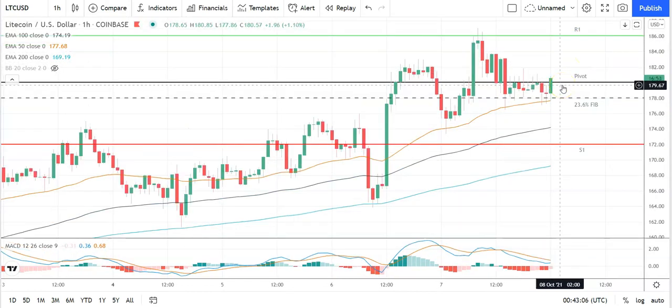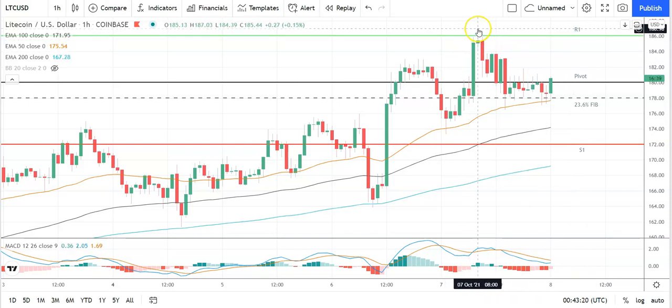Looking at Litecoin against US dollar, bullish start to the day. Going to need to see Litecoin avoid a fall back through the pivot at 180 to take a run at the first major resistance level 186. Support will be needed for Litecoin to break out from 185 levels. So barring an extended rally on the day, expect that first major resistance level in yesterday's high at 187.03 to